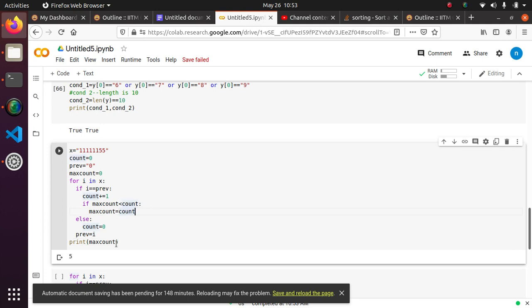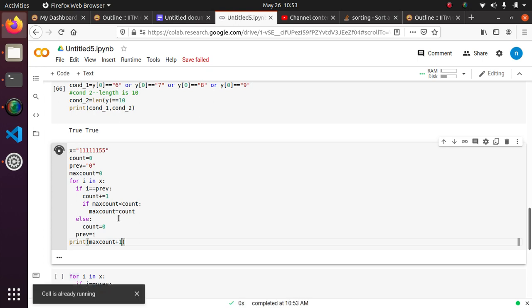See, we got 5. So that means there are 5 pairs of numbers. So it should basically be max count plus 1, as I said earlier. What's happening? Yeah, 6.